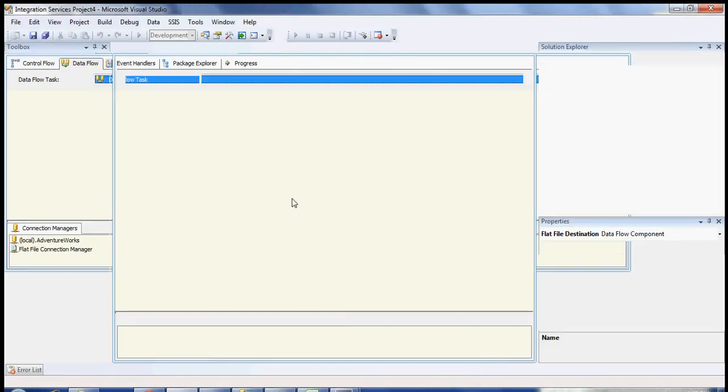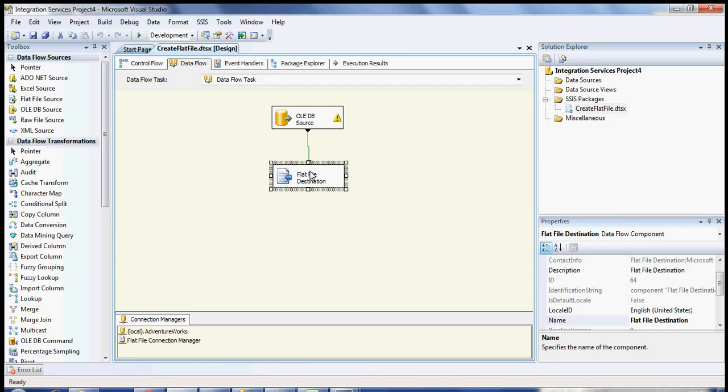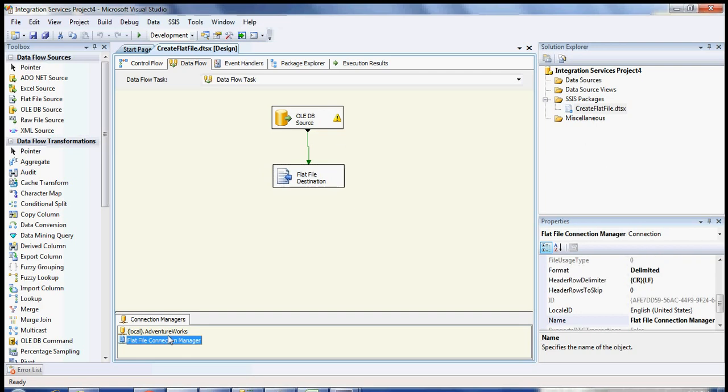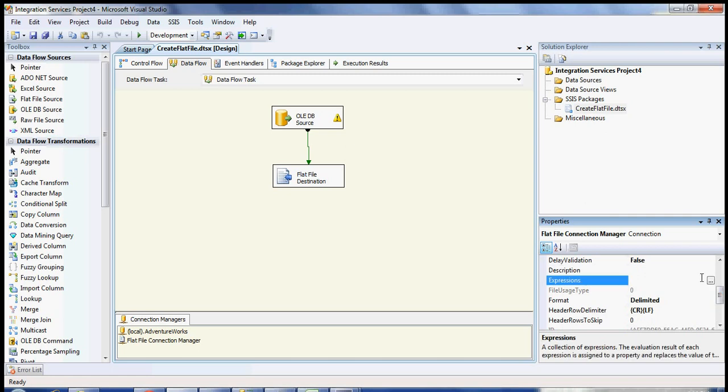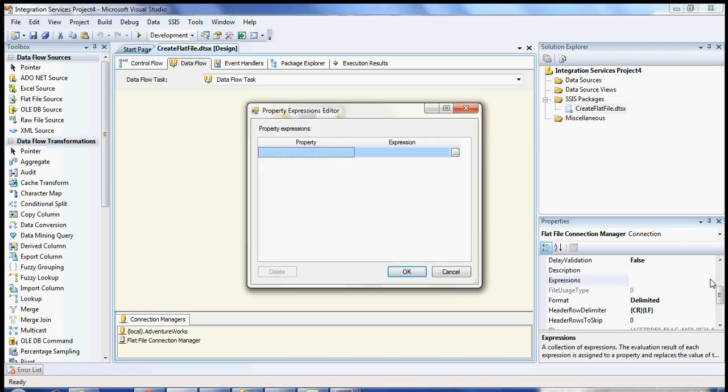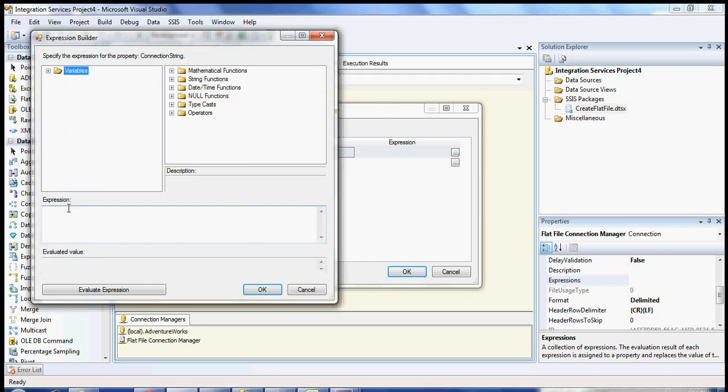Now we'll go again to here. So now what I want to do is create a dynamic file name, with a date. So I need to click on the connection manager, the flat file connection manager that we made, and then go to expression. If you click on expression, there is a dot that will come, and you need to click on that and select the property, which is the connection string. Once you click on it, go to expression, and here you need to type the expression for the dynamic file name.